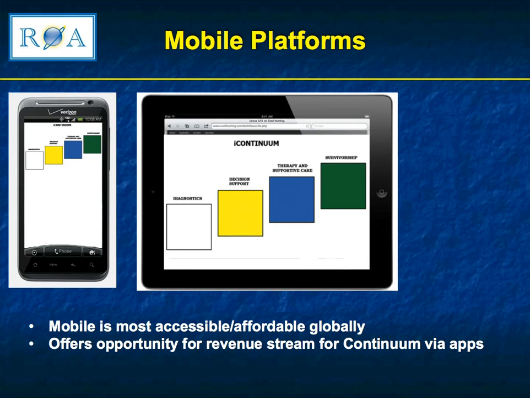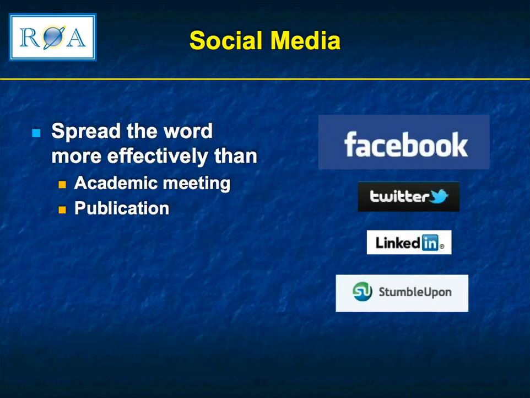It's also probably easier to use in clinic if I want to look a patient up. And the other plus is if you actually turn it into an app, either you offer it free, great, or it also could be a revenue stream for Continuum as well. If you wanted to sell this, I think you would get a sense of the demand pretty quickly. Now, the other piece